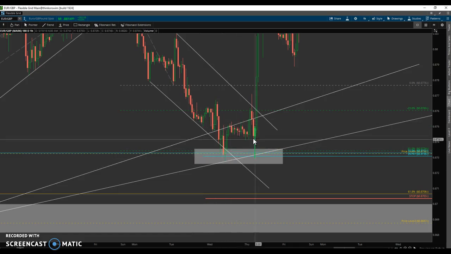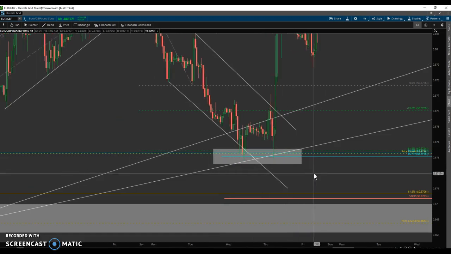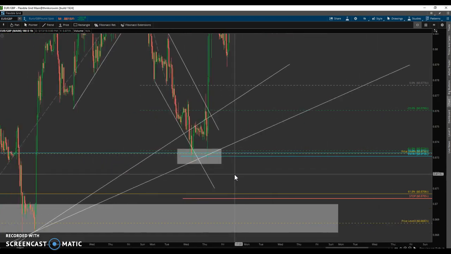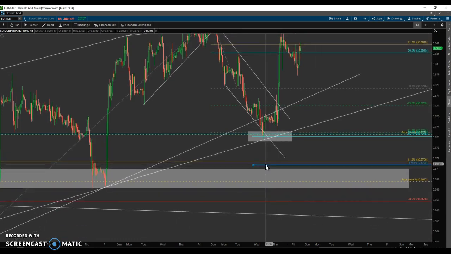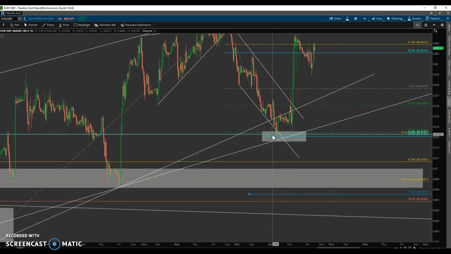which was all kind of coming together in my little confluence area. Nice little pop out of there initially. You can see my entry and my stop. I always get questions about why I put my stop where. Well, why didn't you put it behind the structure here? Yeah, that would have been a safer bet, but the reason why I'm getting in this trade is this little